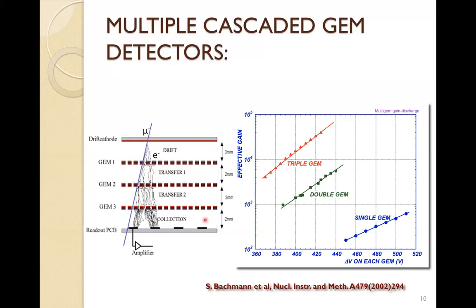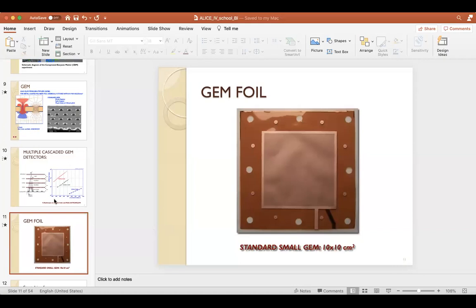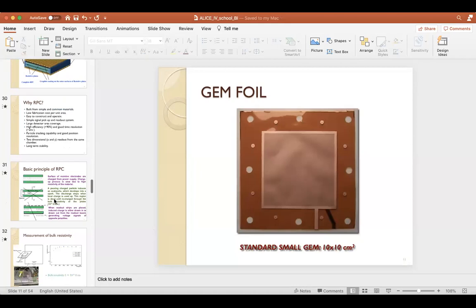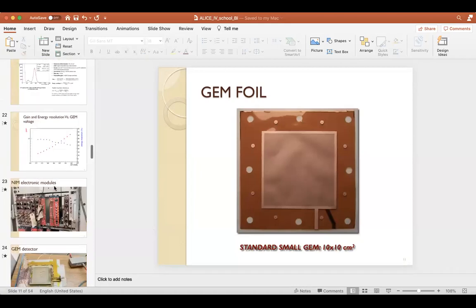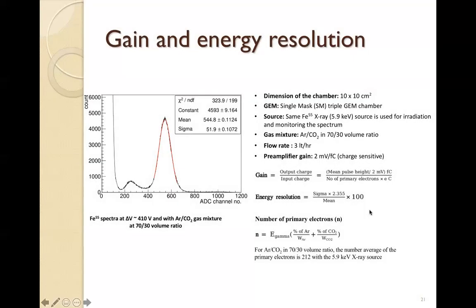Okay, thank you. Any other questions? Hello, sir. Yeah, please. Sir, while calculating the total number of primary charge particles produced, you have taken the concentration of argon atoms as well as the concentration of carbon dioxide. Sir, but carbon dioxide gas is not responsible for ionization of electrons. No, the only thing is that carbon dioxide gas is used for quenching. That you are right, you know it. But